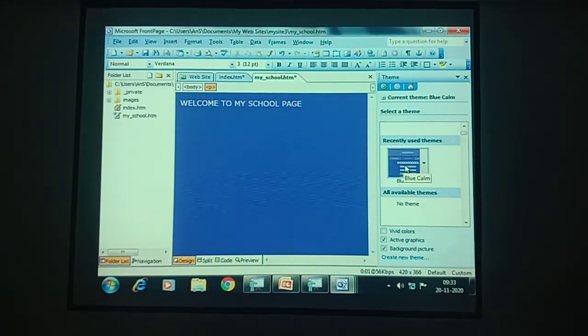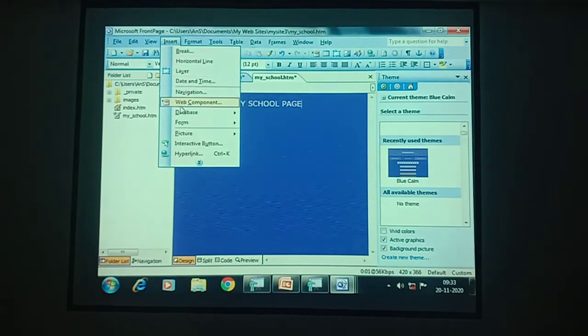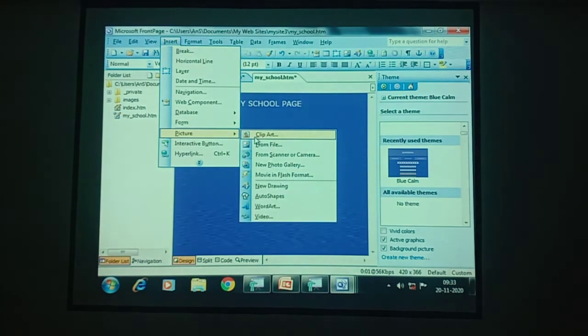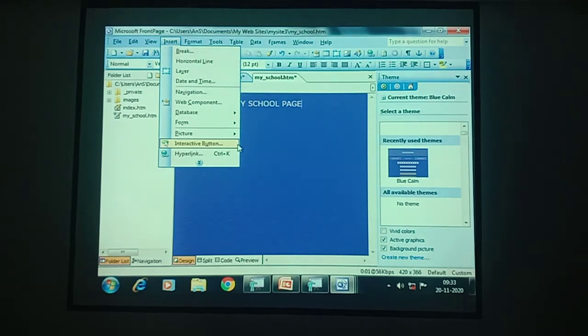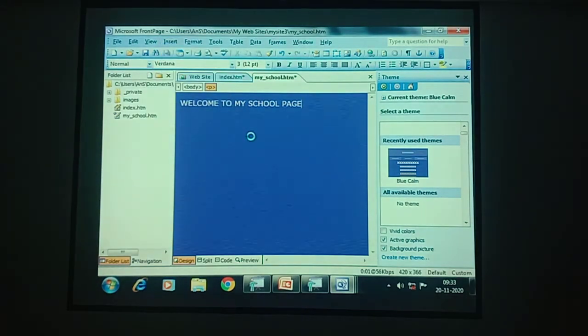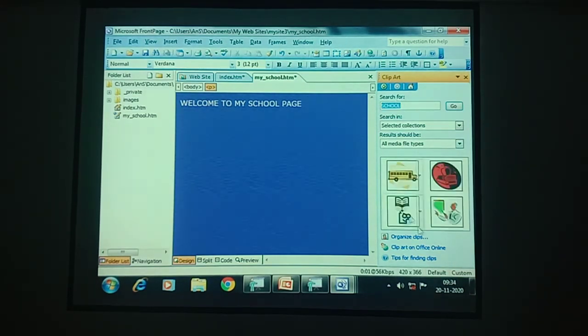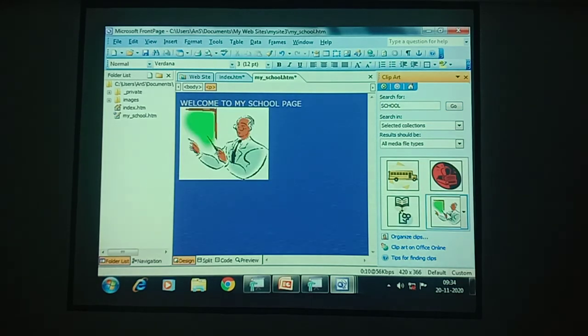How will we insert a picture in PowerPoint and in Word, children? You will go to the Insert. There will be the picture option. You can click clip art also, or else you can click from your file, which is stored in our computer system. I'm just choosing a clip art. Here you can search for a school or any clip art images. So this image will be inserted.